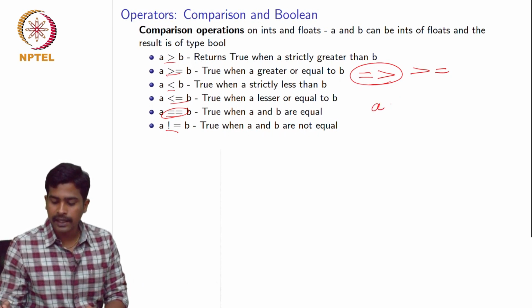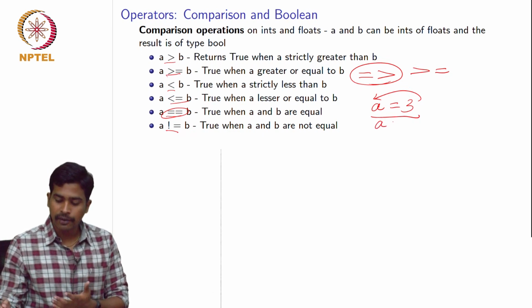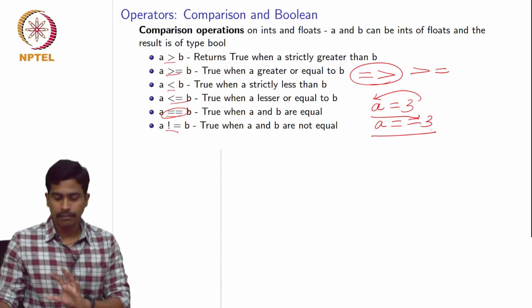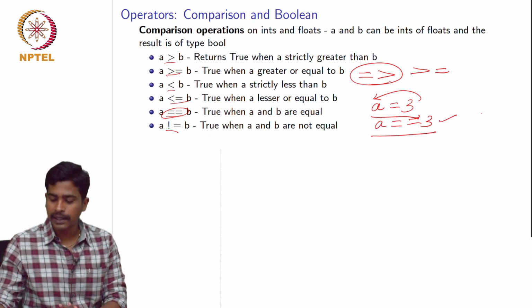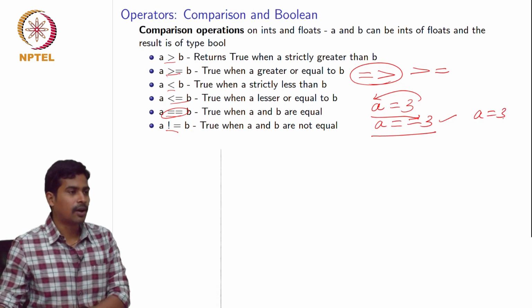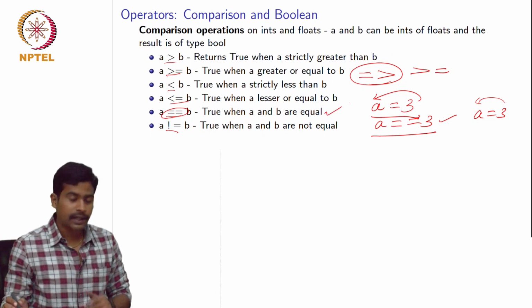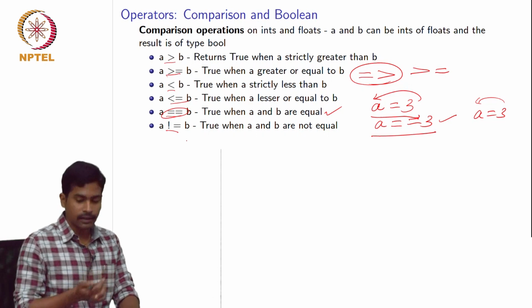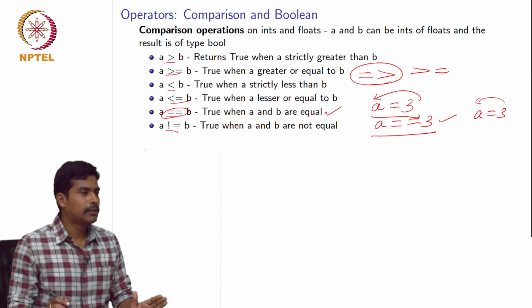And many people make this mistake. For example, if they say a equal to 3, what happens is the value of 3 is assigned to the variable a. But if you want to see if a equals 3, you have to use this statement. Beginners in Python or any programming language tend to make this mistake. When they want to compare, they just say a equal to 3. This is wrong, because here you are assigning the value to a and you are not comparing. So this is one thing that beginners should keep in mind. And a not equals to. The output of a comparison is always a Boolean type of variable.